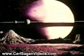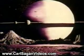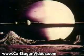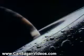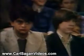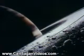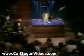Here you can see the rings edge on from the surface of a moon about halfway out, and you can see 3 interior moons in this artist's drawing in the ring plane. Were we to go very close to the rings, we would see that they are a swarm of orbiting snowballs. There are millions of snowballs in orbit around Saturn. It would be a great place for a snowball fight. It would also be a very interesting place to examine close up. The rings are either a place where a moon was torn apart by the gravity of Saturn, or where a moon was prevented from being formed by the gravity of Saturn. In addition,